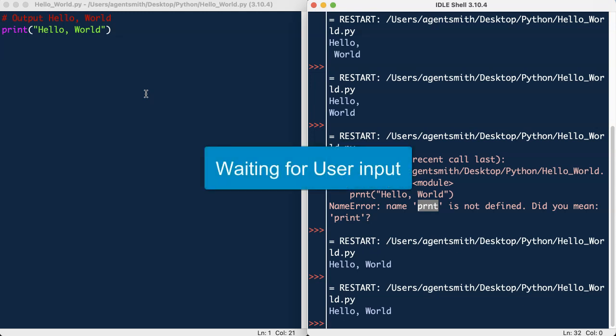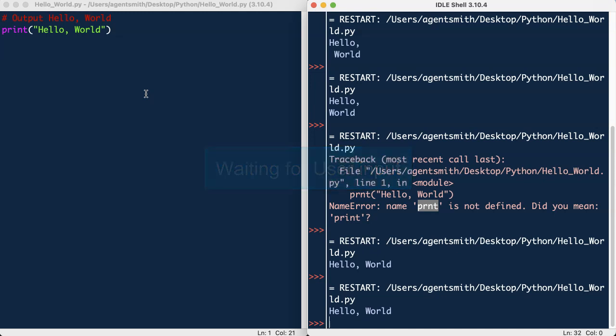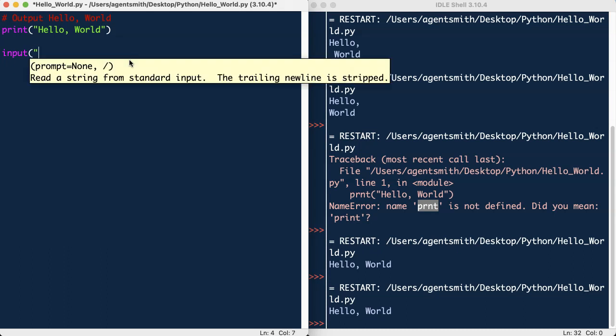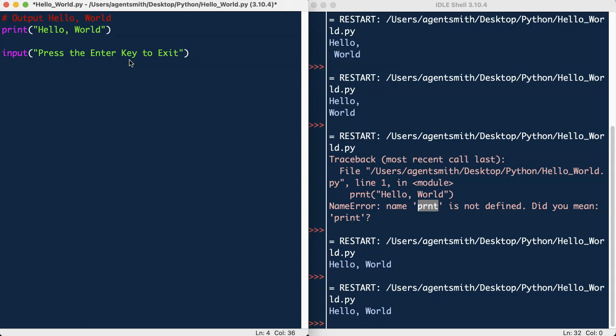Okay, so the last thing that we're going to do is put in a new function, and this function is going to basically tell the user to press the enter key. So we're just going to use input. I'm going to open a bracket, and we're just going to type press the enter key to finish. Or to exit, that's probably better. Press the enter key to exit. There we go. And if we run that one,